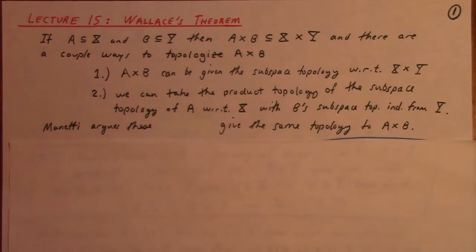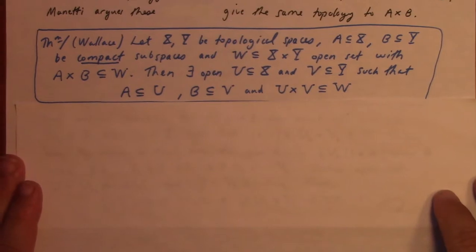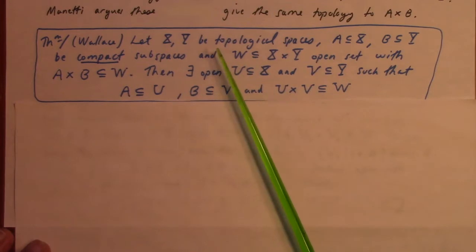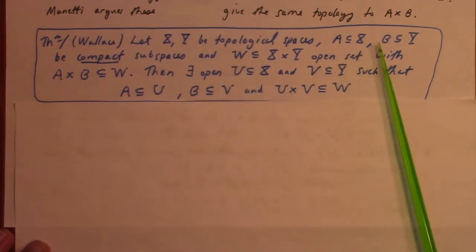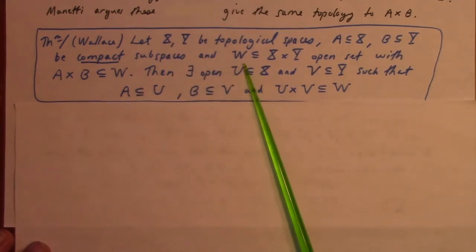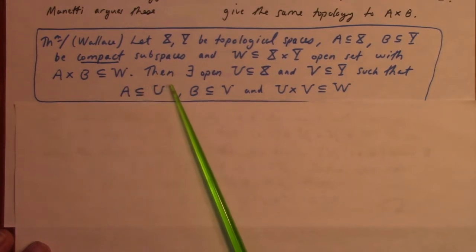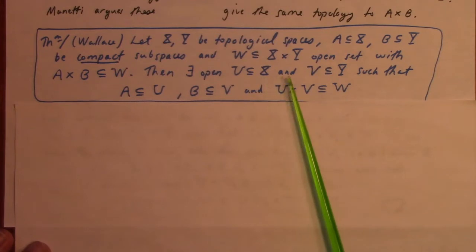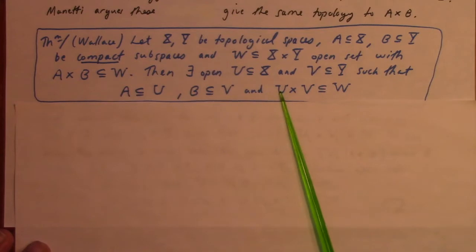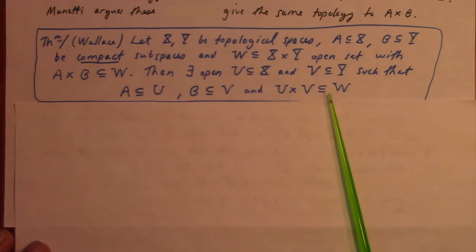And a result which sort of informs us about how that all works for a case we're interested in is given here by Wallace's theorem. So if X and Y are topological spaces, A is a subset of X, B is a subset of Y, and these are compact subspaces, and if you've got an open set W which contains A cross B, then in that context there exist open U, a subset of X, and open V, a subset of Y, such that A is contained in U, B is contained in V, and the Cartesian product of U and V is again in W. So essentially this means that,